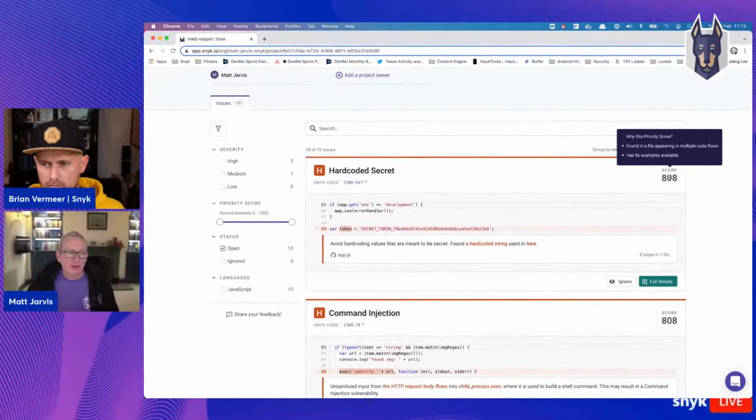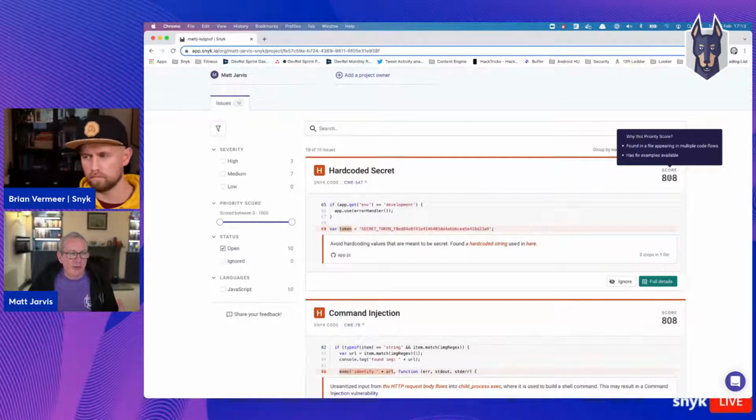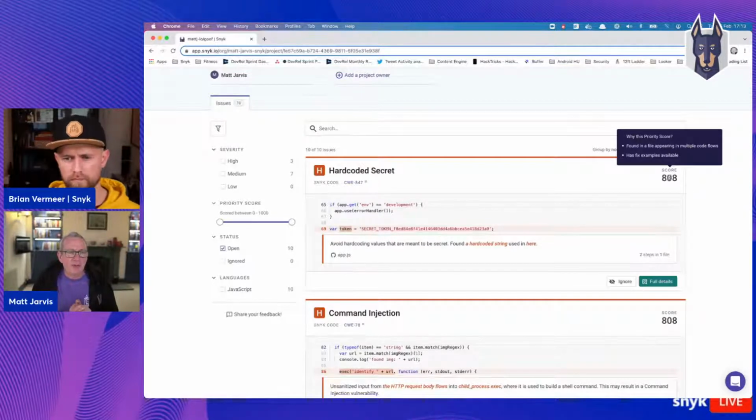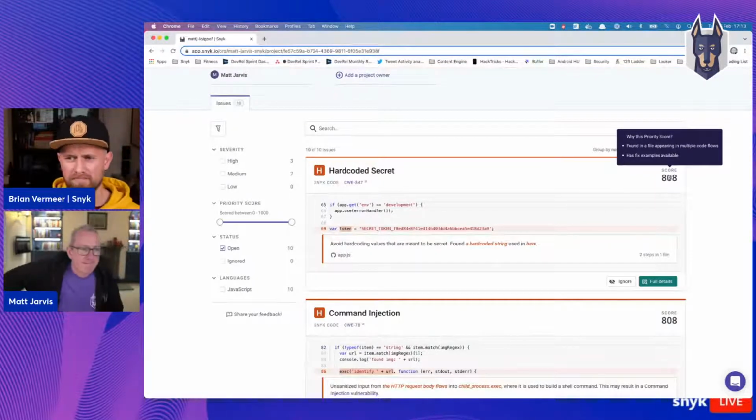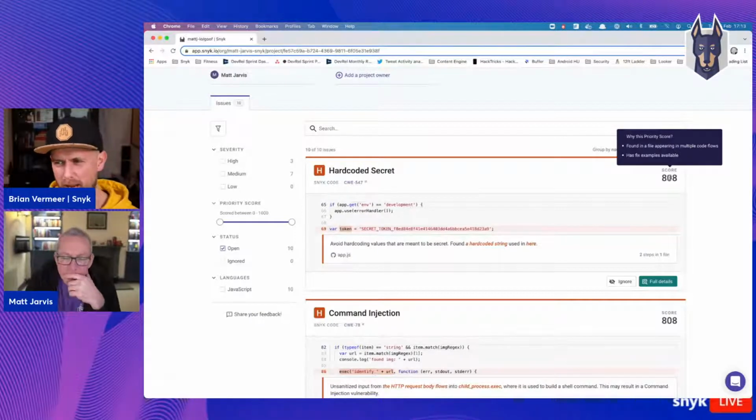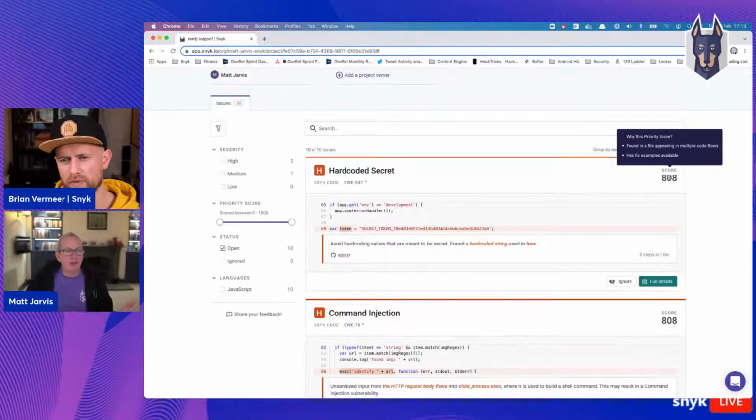So there's a whole range of things that go into that score, isn't there, Brian? I'm not quite sure exactly what the factors are in Snyk Code. I'd have to look that up. I know how it works for vulnerabilities in general: it's a combination of the CVSS score plus whether there is an exploit available for it, and a whole bunch of other things. But Snyk Code is obviously slightly different to that because we're not talking about specific vulnerabilities. We're talking about